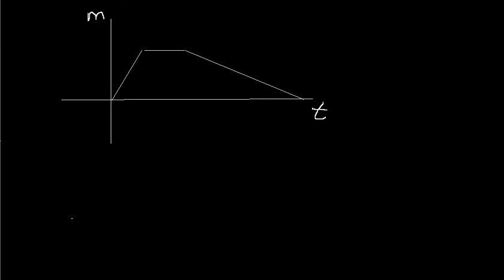So I could take a look at my time intervals here, and I can analyze the motion and say, what's happening over here? Well, position versus time. We know if we have straight lines, what we're going to see is velocity. All right? So in this case, what's the slope here? Well, the slope in this area here is going to be positive,